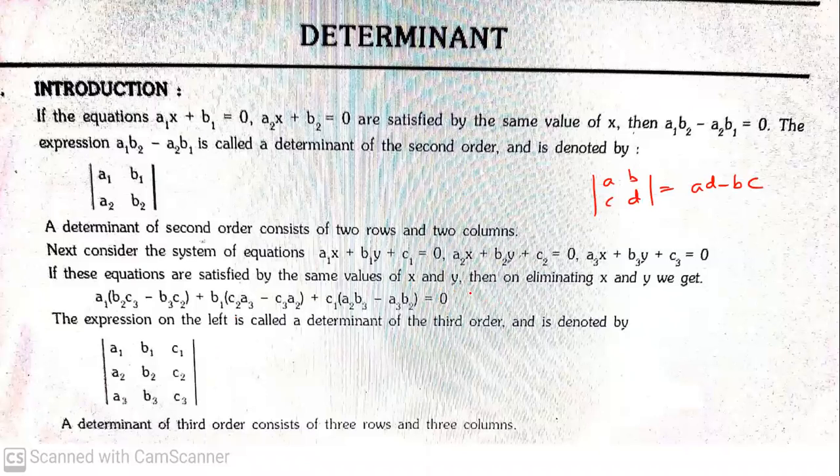Some students are confusing this. This is a different case. If these equations satisfy this condition, that is the meaning. It's not a determinant of a 3 by 3 matrix. This is the condition satisfied by these three equations after eliminating x and y. Now see, the left hand side expression is the determinant of third order. Carefully see, of course the minus is required. A printing mistake is there, dear students. This is the minus. Please change that.